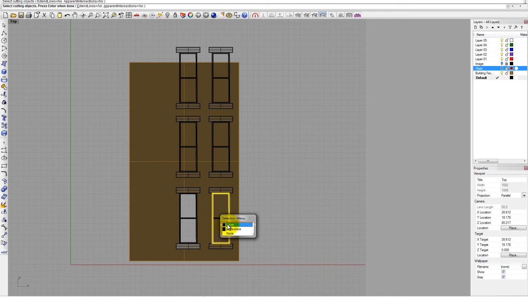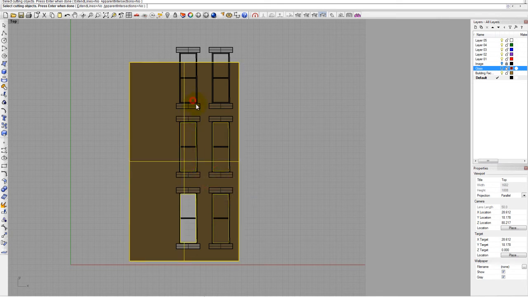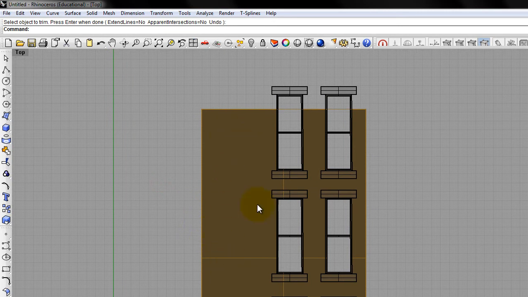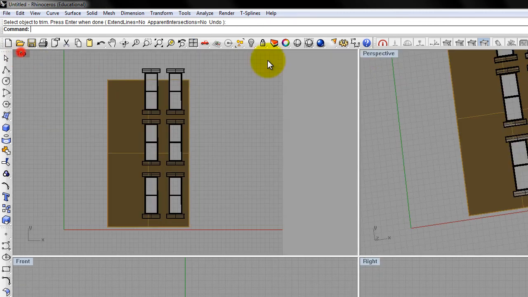Select all the cutting objects, inside curve, control to deselect, curve, curve, curve, and our curve, and trim all of these out. And what we're left with is the windows and the detail of the facade. And if you go to the perspective view,